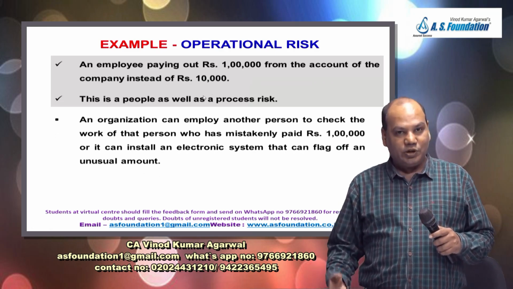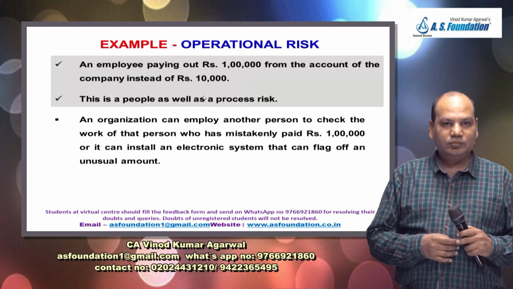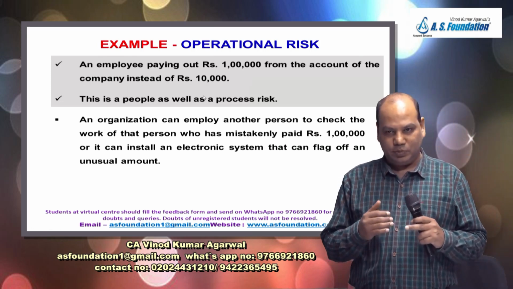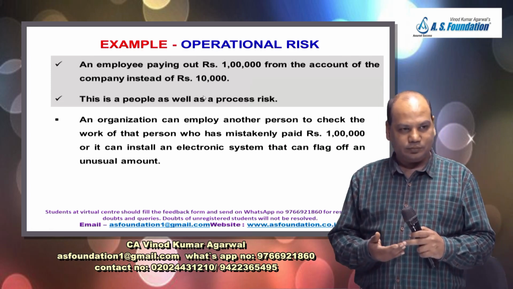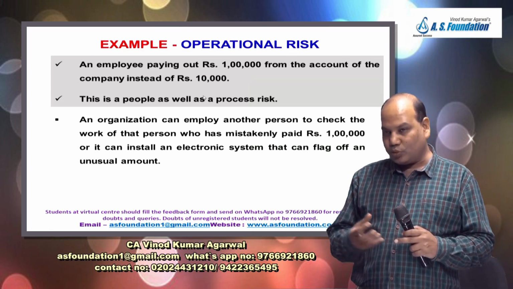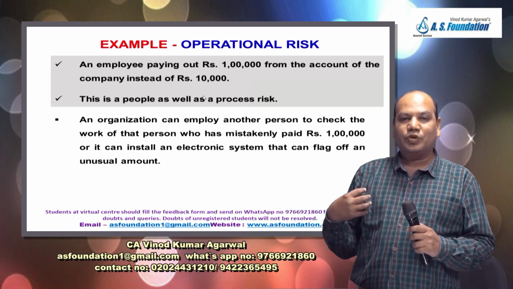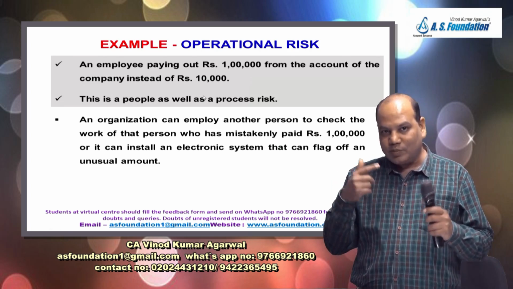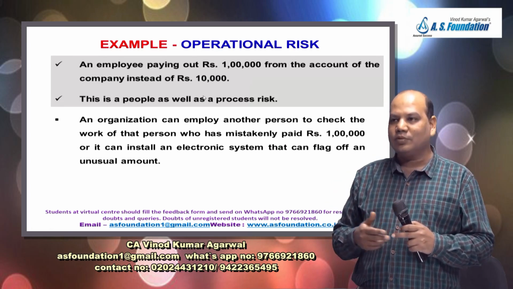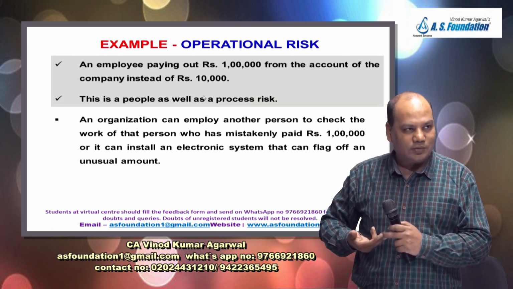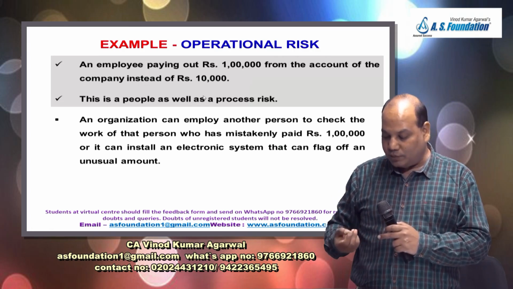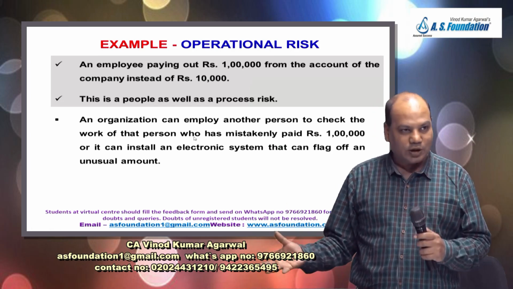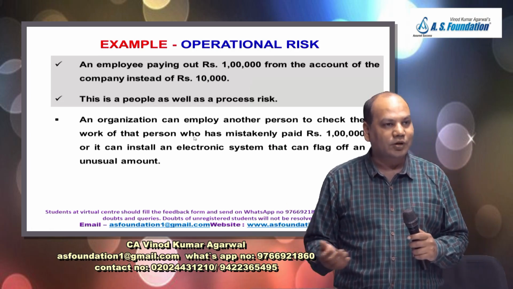So what do the companies need to do? Companies need to have some internal control system in place. That is what they can do. They should be able to identify the loss immediately. The moment 1 lakh has gone, there must be some system to tell you that it should have been a different figure. So companies will have to keep the internal control system stronger, either using information technology or